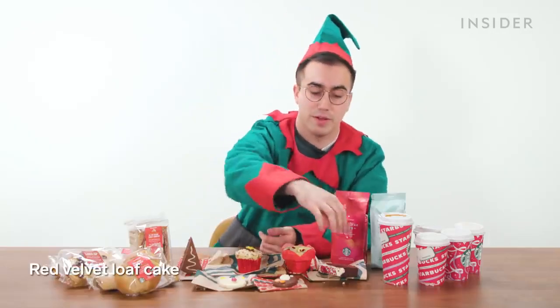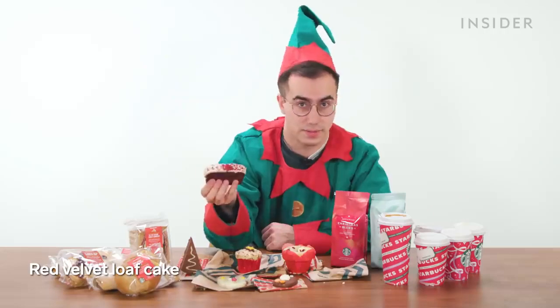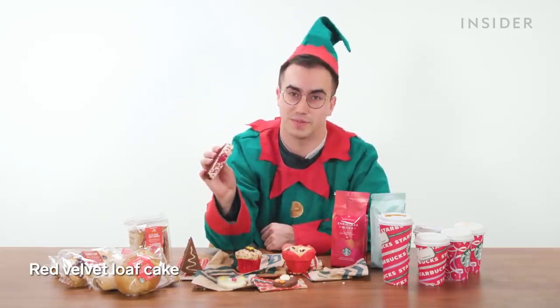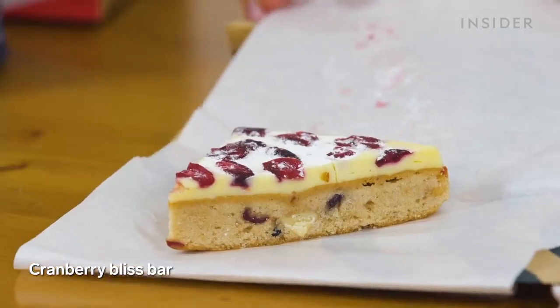And finally we have a red velvet loaf cake. As the name suggests, it's a red velvet loaf and then it's topped with some icing as well as some very festive coloured sprinkles. In Japan, we have several sweet holiday options, which are a cranberry bliss bar and a